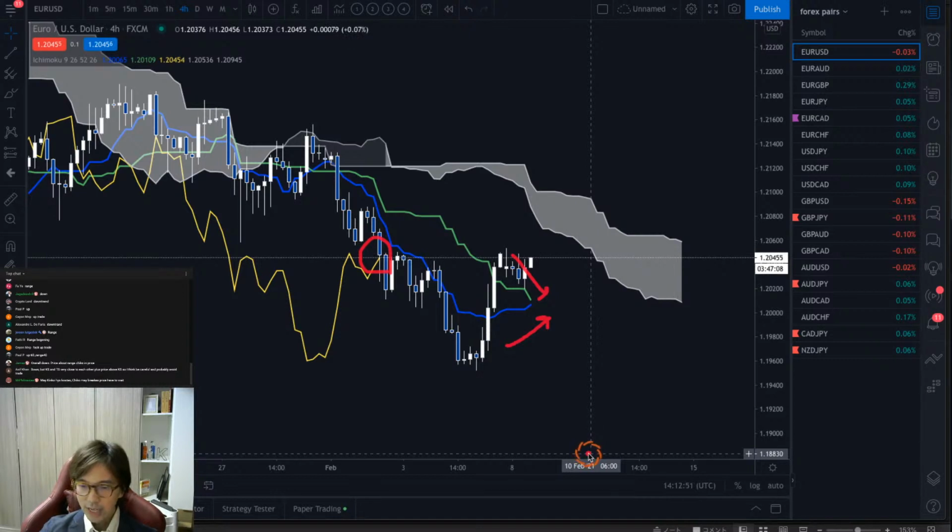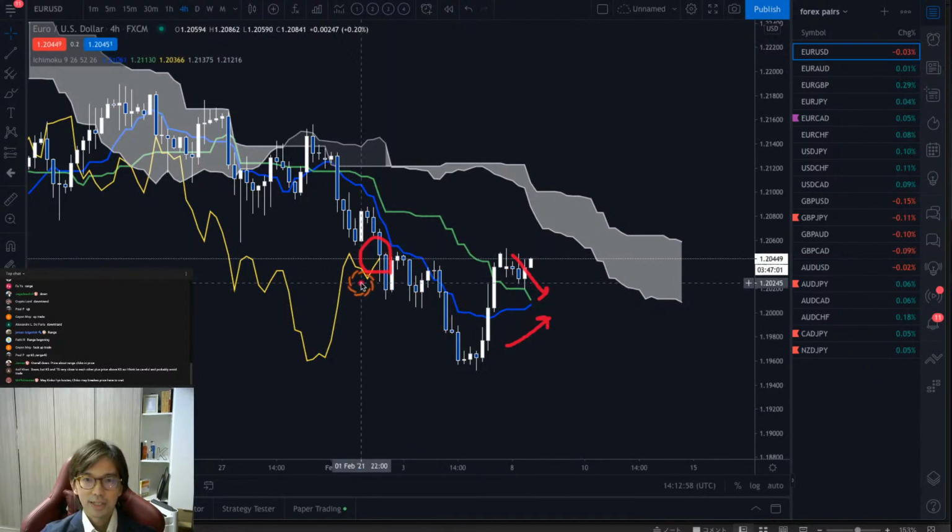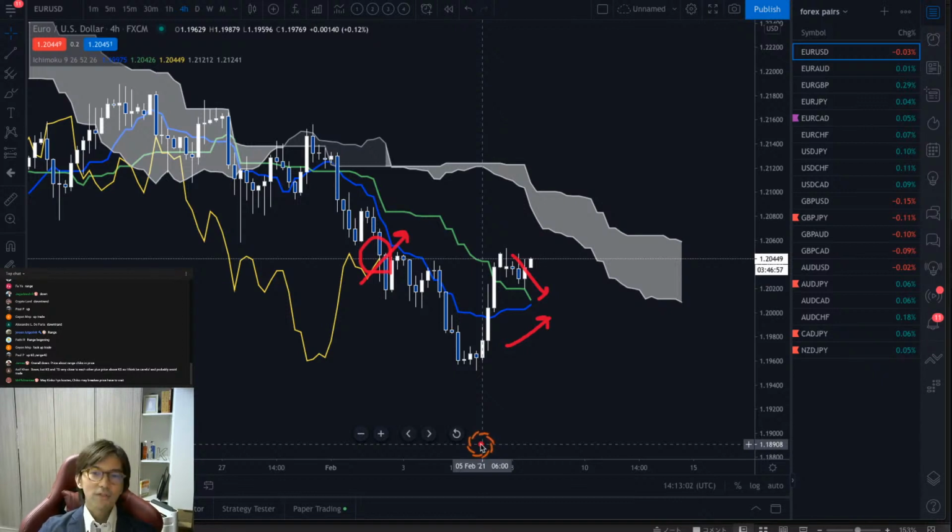Maybe the Chikou span breaks price, so we have to wait. Yeah, that's true. A Chikou span break might happen, so we have to wait. Yeah, so this is a range market to me. This is a range. So I think this is kind of tricky, because as per my strategy, I say you